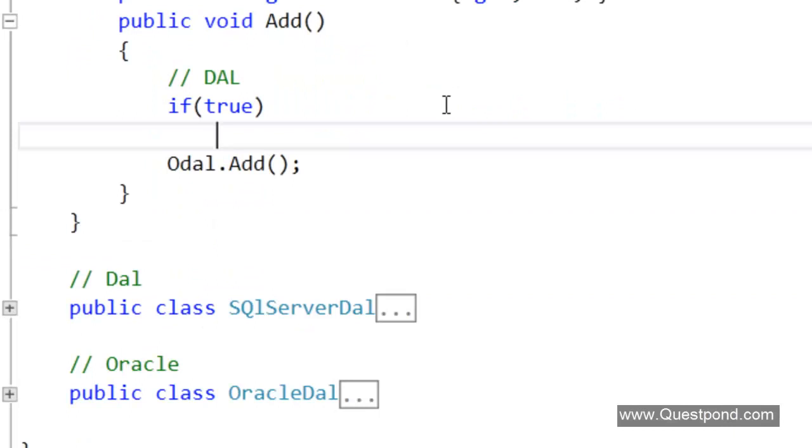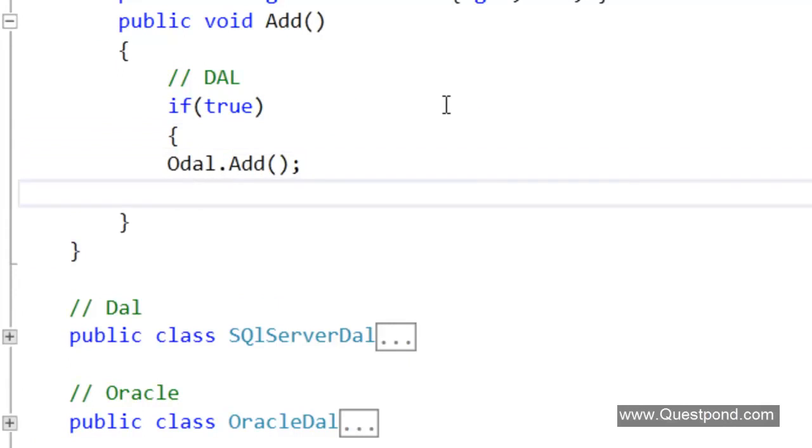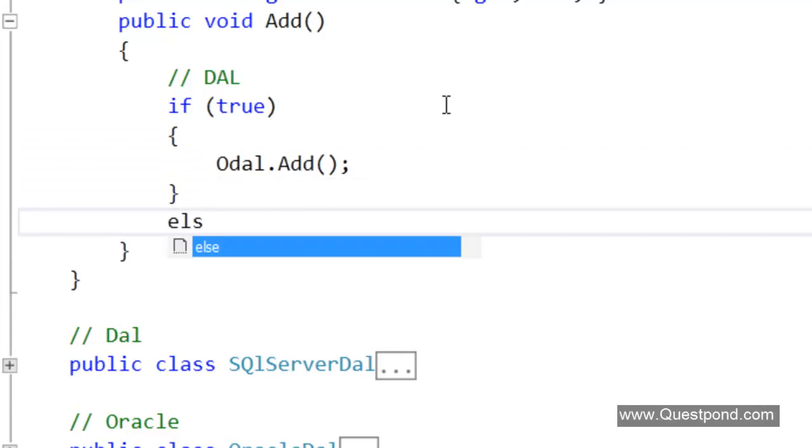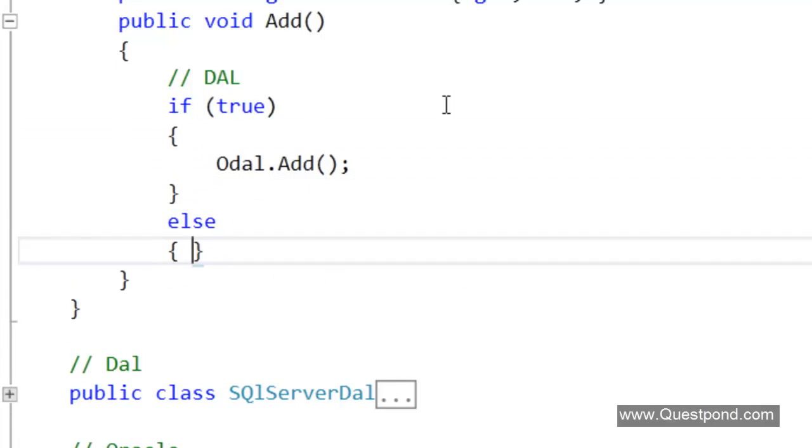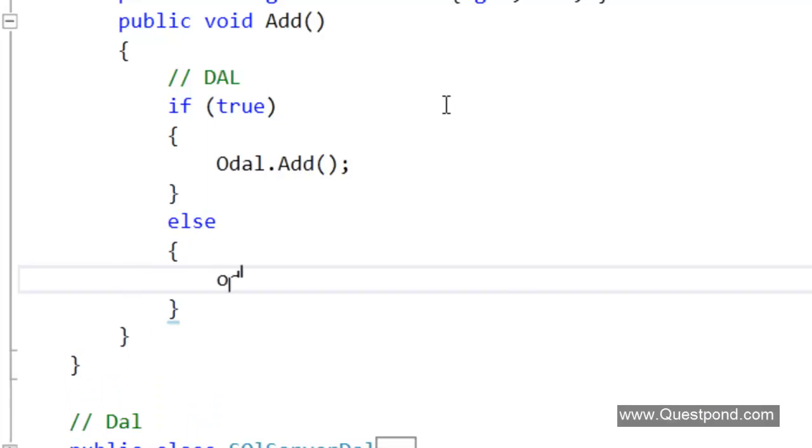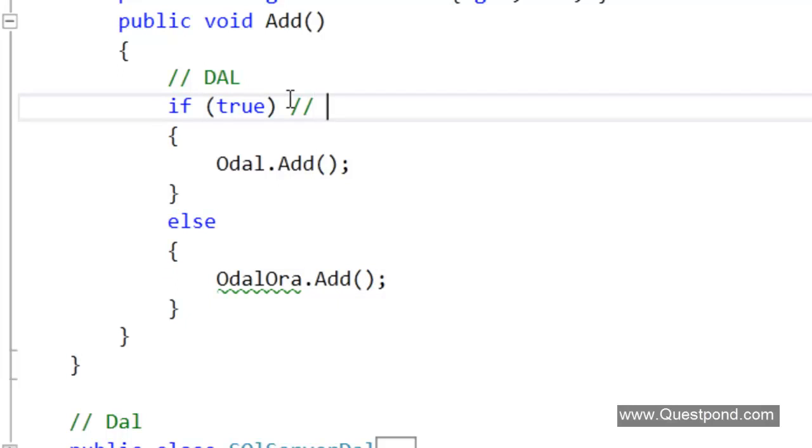These conditions can come from some parameter table. So depending on the condition, he will call either the SQL Server data access layer or the Oracle data access layer. So data access layer Ora dot add. At this moment I've just set the condition to true, but these conditions can come from config files, from a parameter table, and a lot of things.